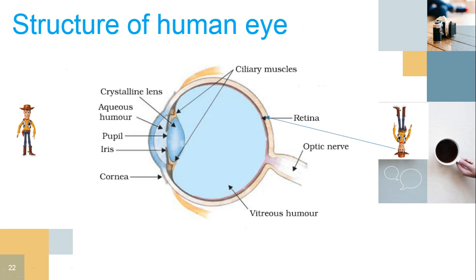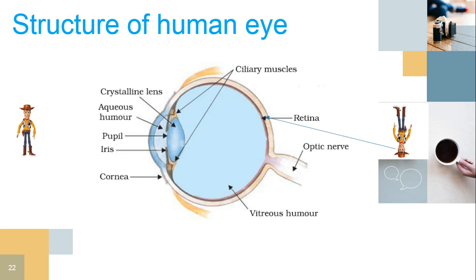Now we discuss the working of the eye. Now we take any object. So light comes from infinity or near objects. We can take any one. Light rays coming from the object kept in front of the cornea, which is also a transparent material, pass through the pupil of the eye, and the size of the pupil is controlled by the iris, and the light falls on the eye lens. The eye lens is just like a convex lens. So it converges the light and produces a real and inverted image of the object on the retina.